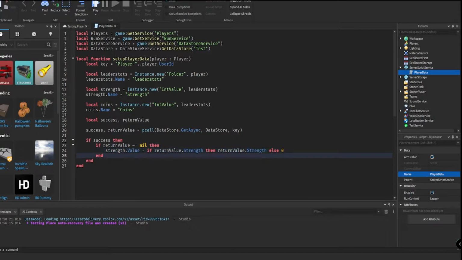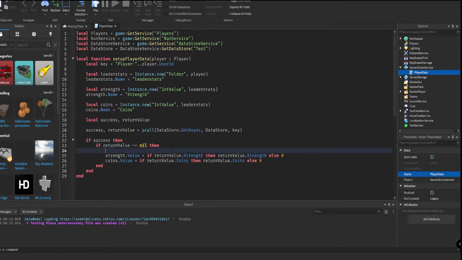So if you're having like a rank or whatever that has a string value, then you can set this. You could do whatever the rank is. But for me, mine's set int value, so we're going to be doing 0. And then we can say coins. And then do coins right there, and then coins right there. Alright. And we could also do right here loaded players data,